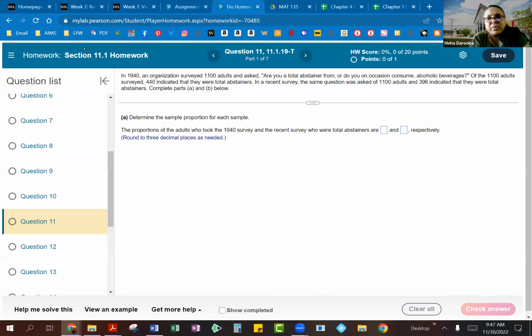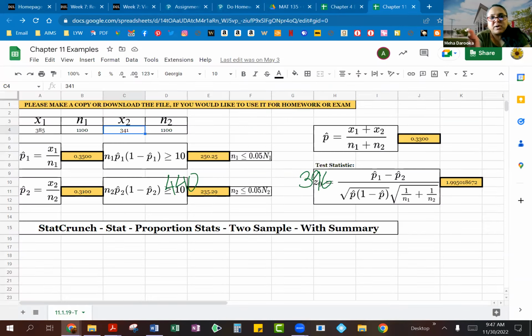So we've got from 1940, we had 440 who were abstaining from alcohol. And then from the recent survey, you had 396. So that's what you are going to be doing here. Change that to 440 for the first one. And then for the second sample, the recent survey, we would change that to